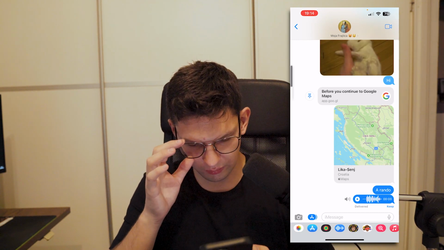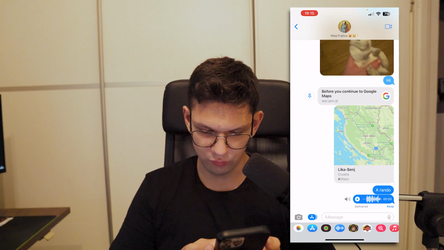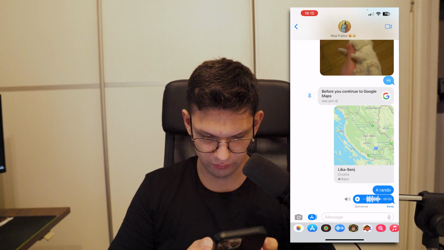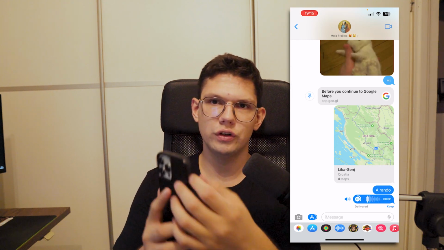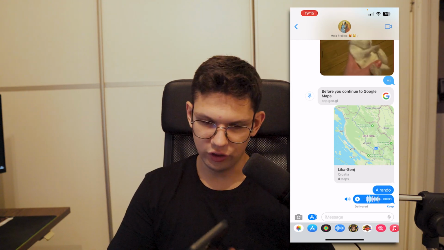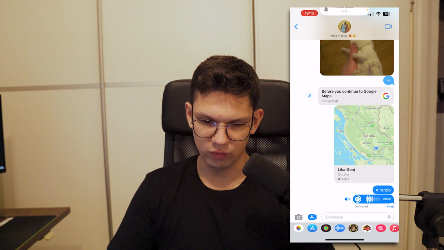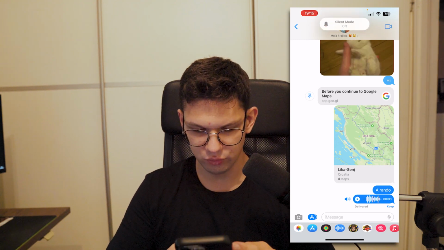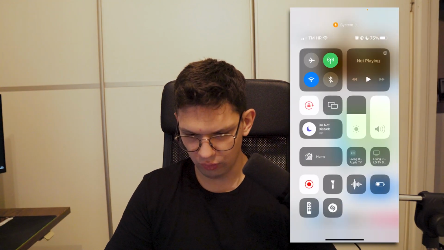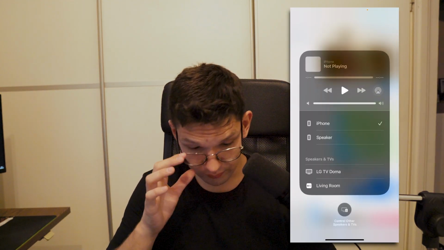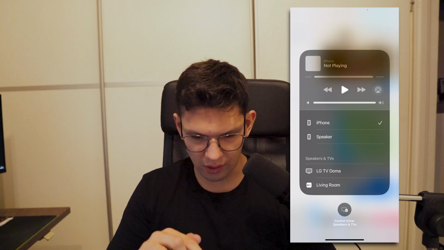as you can see, it's playing from my earphone when you play it like that. If I click on this, then it will play from the speaker, and that's it. Also make sure that this thing is turned on so that it's not on mute, so that it's on silent mode so you can hear it even better. And also make sure that this is all the way up and that this is actually on your iPhone and